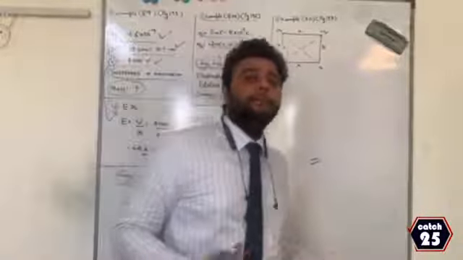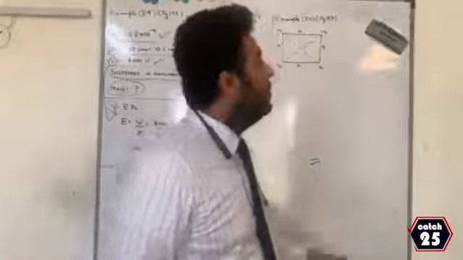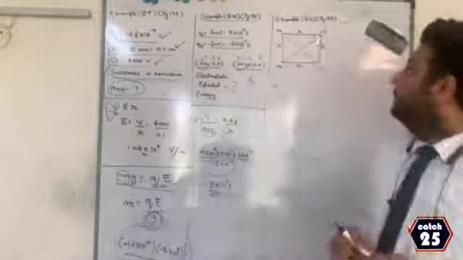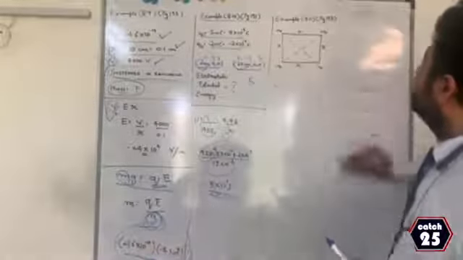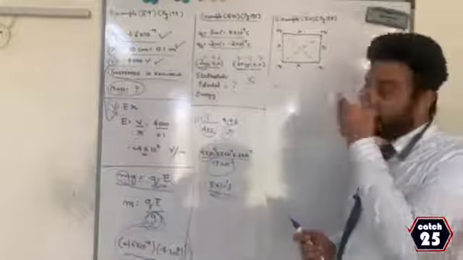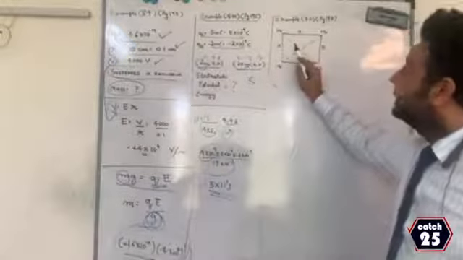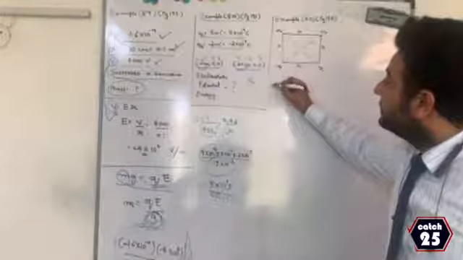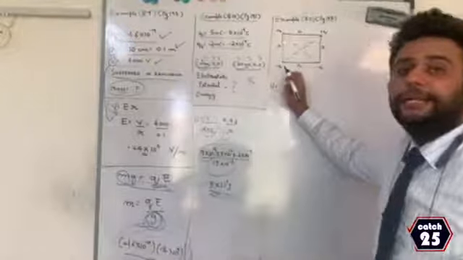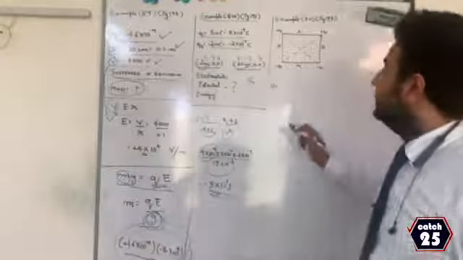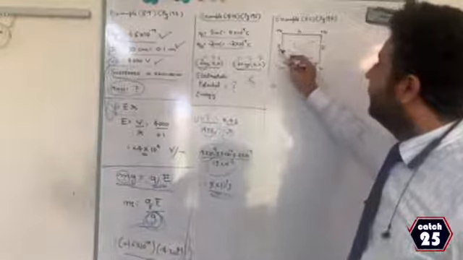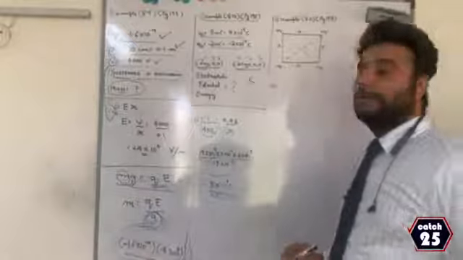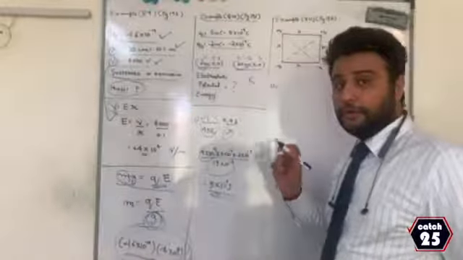There is one more question which can directly be solved from that table. It is this. If you look at example 8.11 and if you look at page 197, you see this system is given. And if you look at the system, they are asking what is the electrostatic potential energy of the system. Means I have to find the complete potential energy of the system. And if you notice, they have given a square with side R and the charges are plus Q, minus Q, minus Q. Now please look at it on the board. I will solve it in front of you.